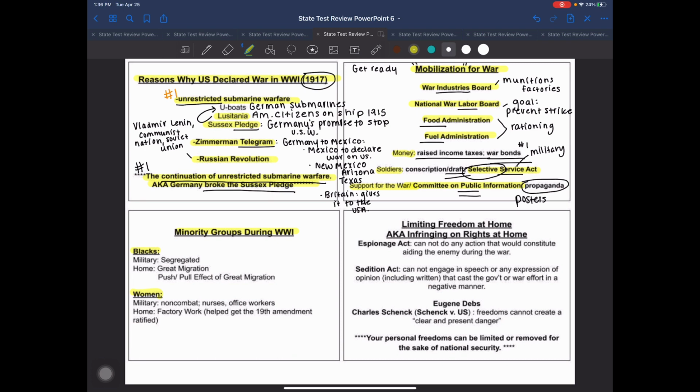African Americans in World War I and World War II actually are going to be forced to fight in segregated units separate from white units. And that's in the military. But at home, we get a very important migration pattern. And what the Great Migration is, okay, again, we're talking about African Americans, and they are migrating from the South to the North.